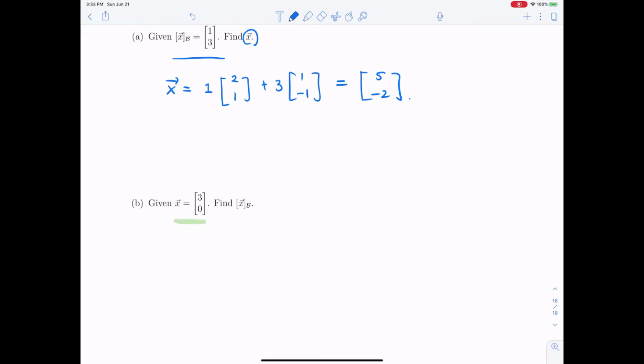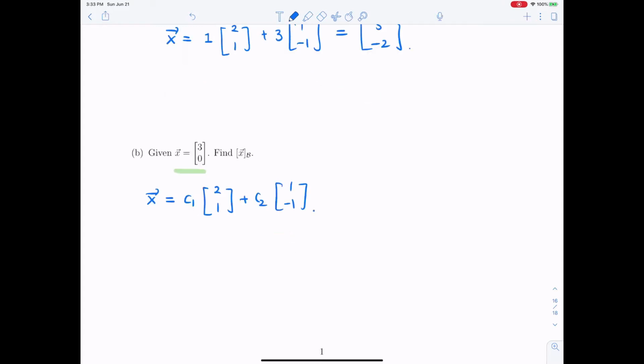Then we can find the B-coordinate of X by solving the vector equation c1 times (2, 1) plus c2 times (1, -1). If you write that as a matrix equation, then you get the matrix [2, 1; 1, -1] times (c1, c2). We call this matrix P sub B, right? Then this tells you that the B-coordinate of X, which is (c1, c2), equals